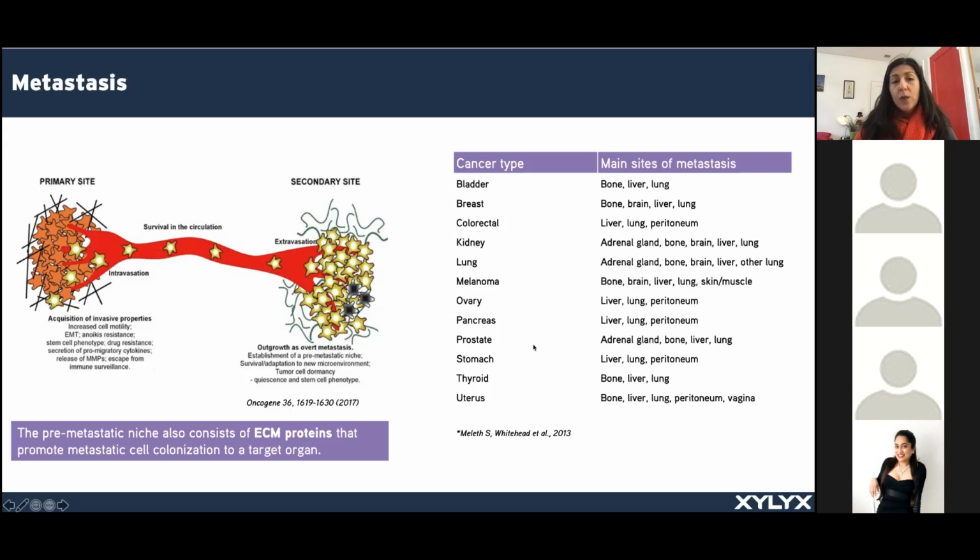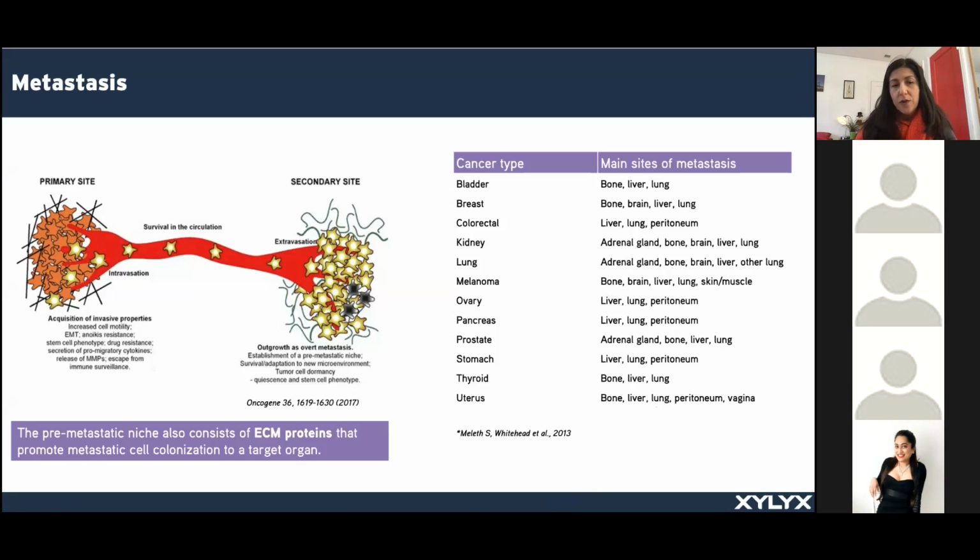At the right, we can see a table showing basically a list of different cancer types with their main sites of metastasis. And if we go into details, we can see there are certain organs that are repeated and are also considered in the literature as the most common organs for metastasis, that's bone, liver, and lung. So now when we think about that and we know that the ECMs are specific per organ, how do we